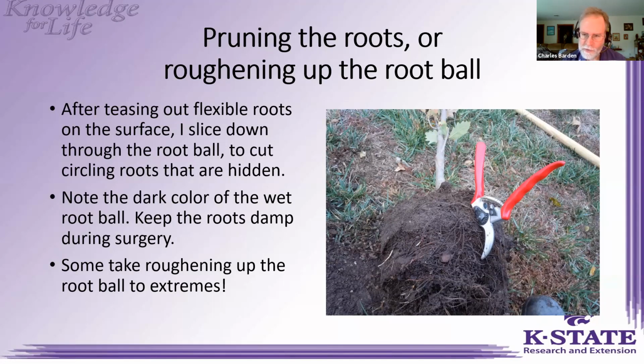Because just like we saw on those squared roots at the top of the soil surface, if it was in a small diameter pot, it can have a circle going maybe with a 6-inch diameter. If it was in a small 1-gallon pot or 8-inch diameter, then it gets moved up to a 5-gallon pot, and then you'll have another set of roots circled around at that 5-gallon circumference. So I try to cut any circling roots that are hidden. Again, note the dark color of the root ball. I kept it moist during this entire time.